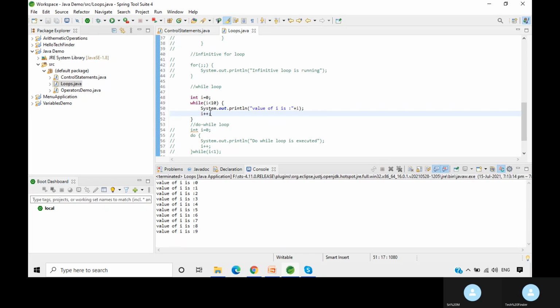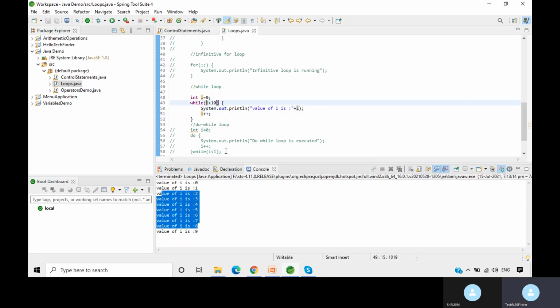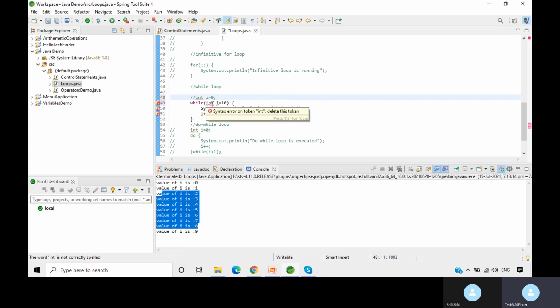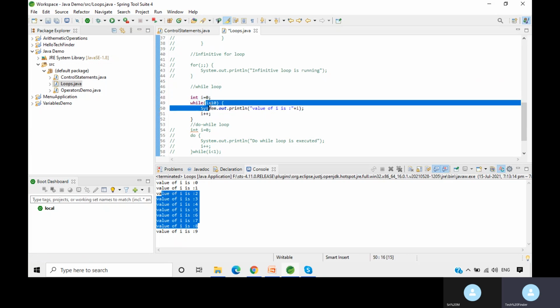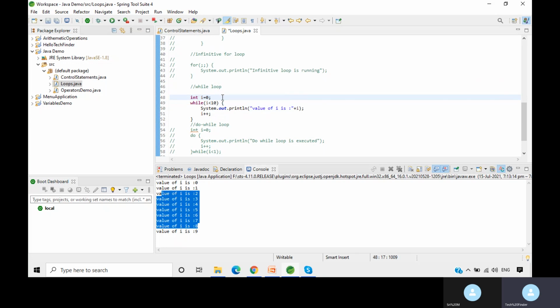Suppose if I declare int i inside this and comment this out, see here it is not possible, because unlike the for loop, we cannot declare the variable directly inside the while loop itself. Before using the variable in the while loop we need to declare that one. That is the difference here.